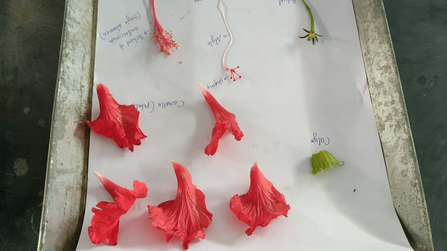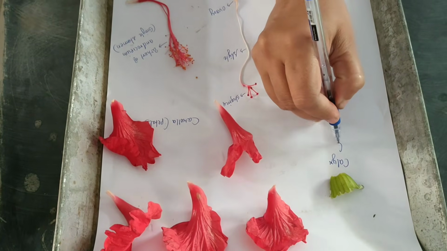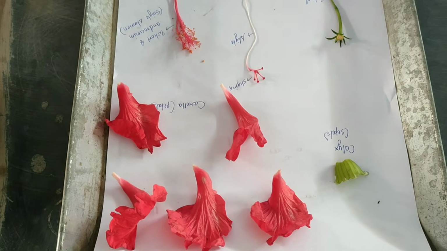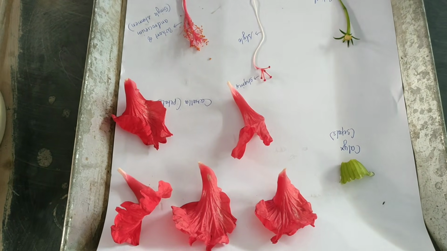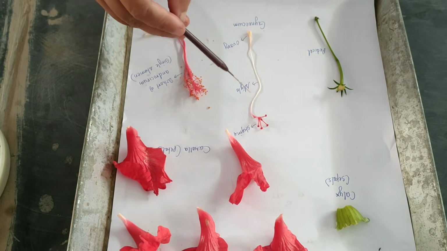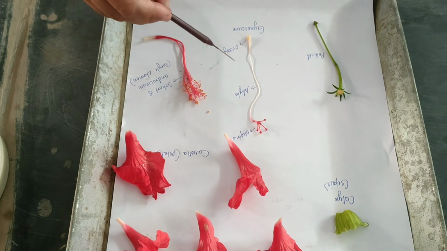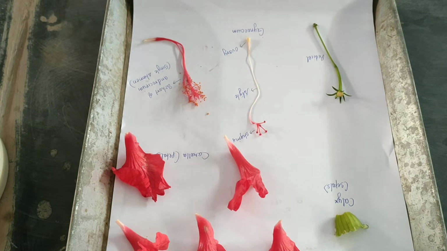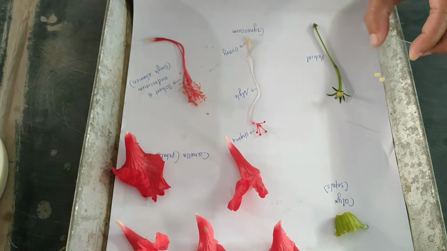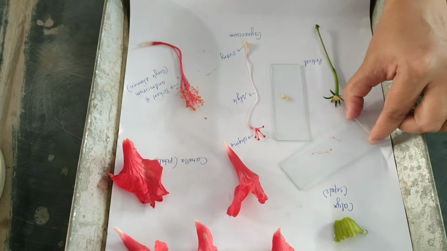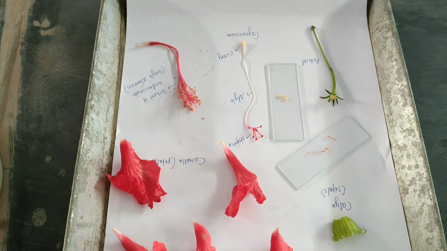So children, at the end of the dissection, your dissection tray must show the calyx, which is made up of single units called sepals. The corolla, which is made up of petals. The pedicel, that is the stalk of the flower. This is the epicalyx. The female part of the flower called the gynoecium, with ovary, style and stigma, the androecial whorl, and a single stamen of it, which we have observed. So you also need to prepare 3 slides, right? Number 1 slide, number 2 slide, and we also saw the stigma under the microscope.